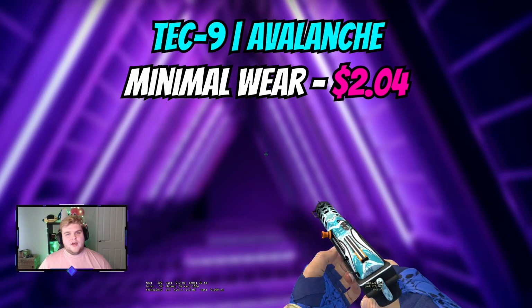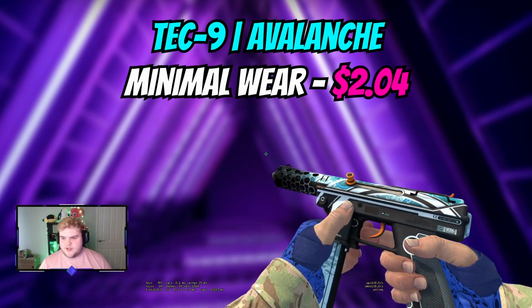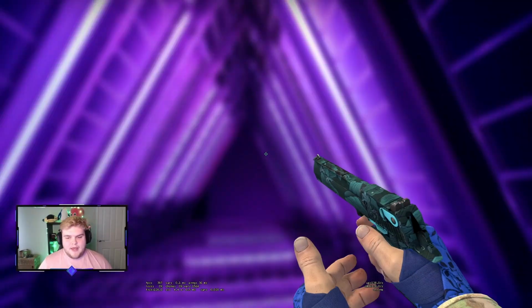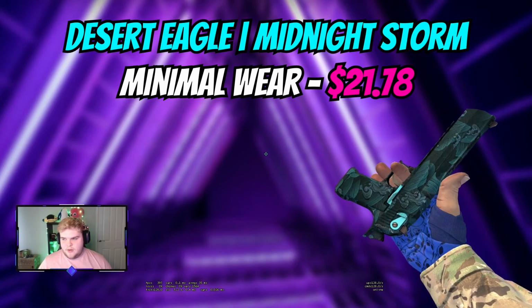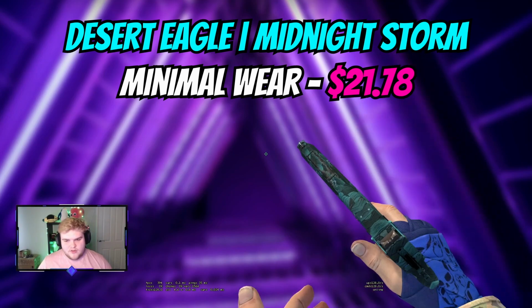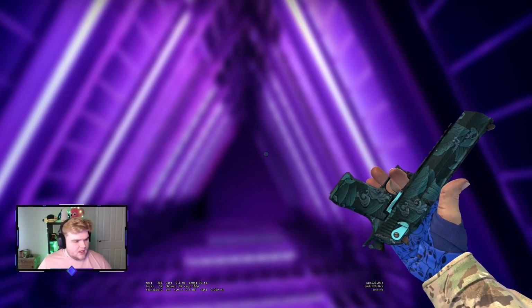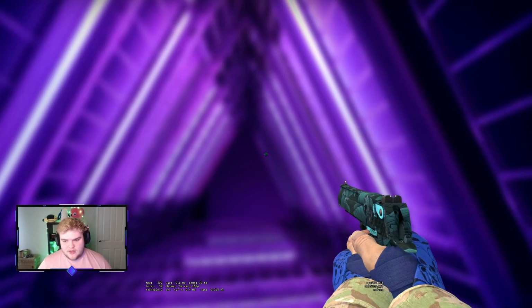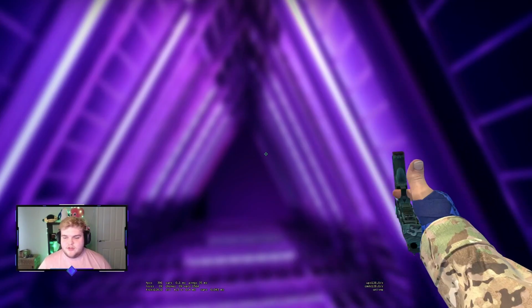For the Tech 9, it's going to be an Avalanche, which is minimal wear and just over $2. But where we spend big on the Desert Eagle side of things is going to be for the Midnight Storm, which is $21.78 in minimal wear. And honestly, I think this is a very underrated skin. Myself included, I didn't pay much attention to it at all until now. The design on it is really nice, and it's a really cool fit